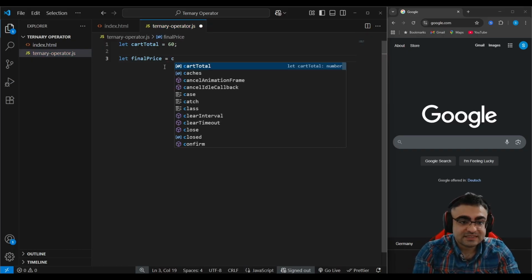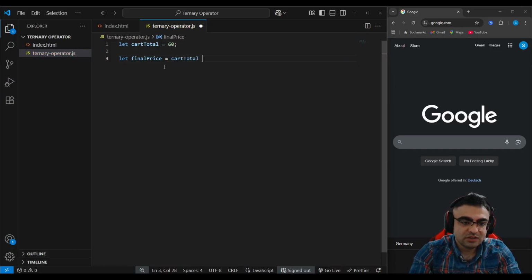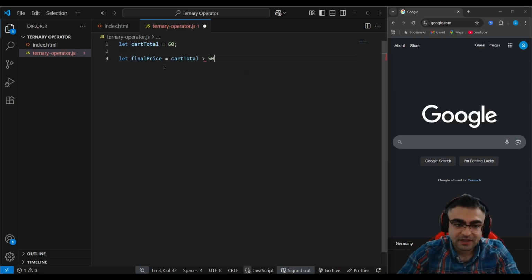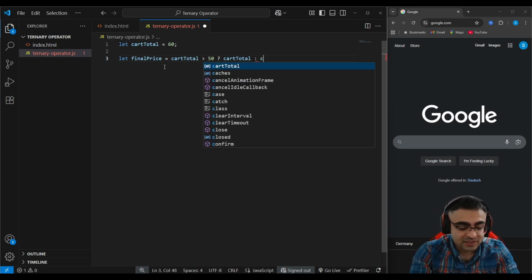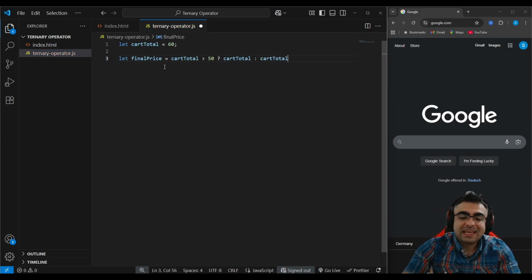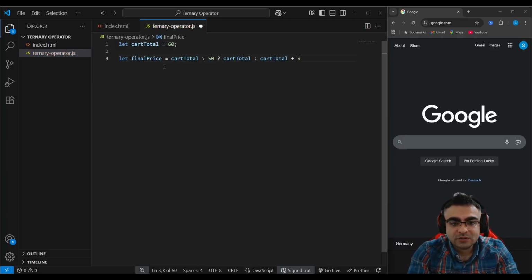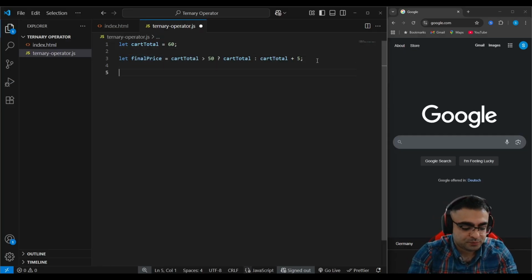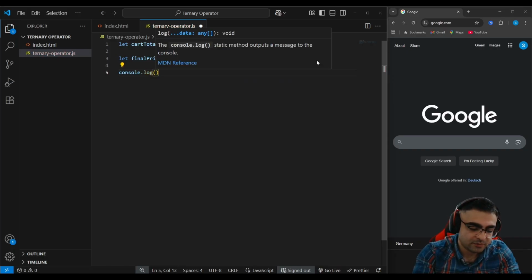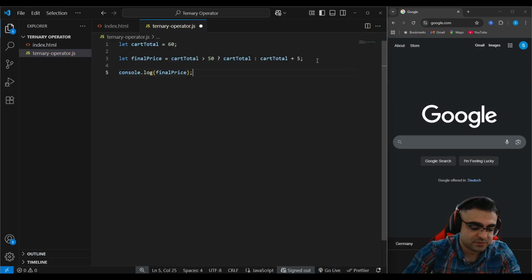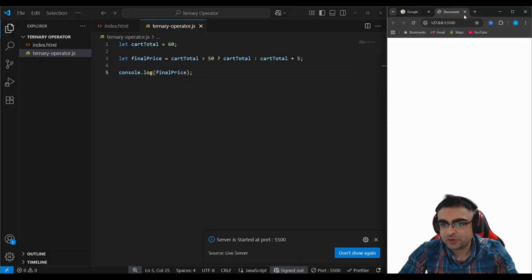So here this is our condition: cart total is above $50, then the question mark. If it's truthy, the final price is equal to cart total. Otherwise, if it's less than $50, we need to add $5 to the cart total. So this is the calculation for final price. And finally, we can also log this value in the console, console.log, and then final price. I'll save it, and here we run our app,